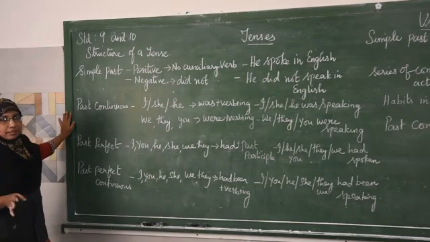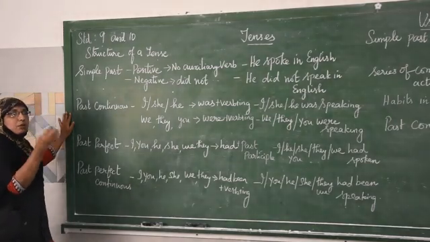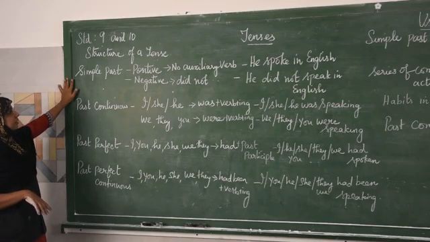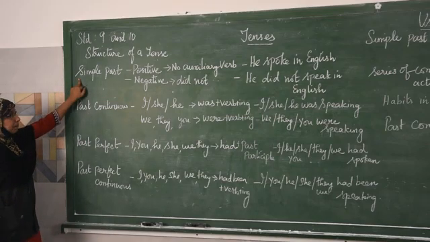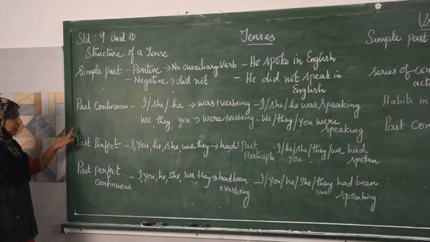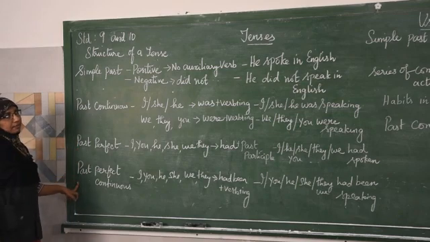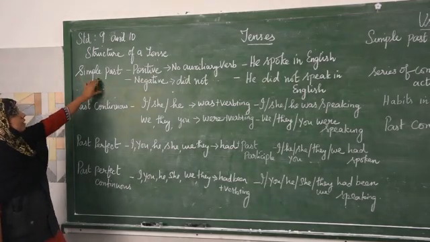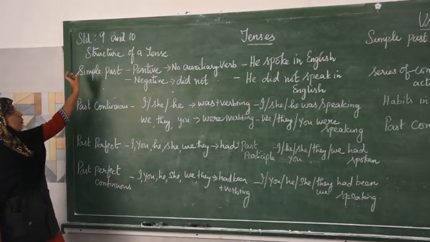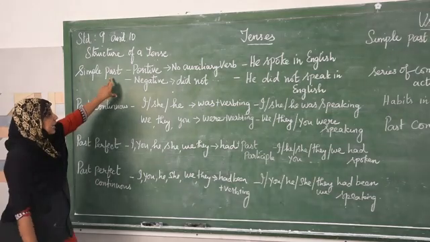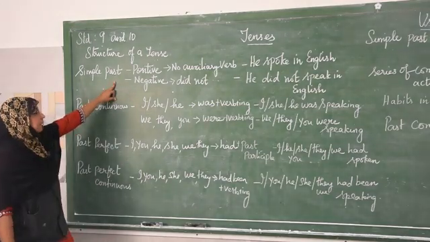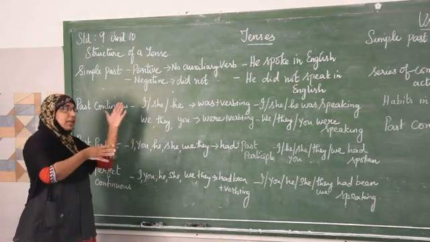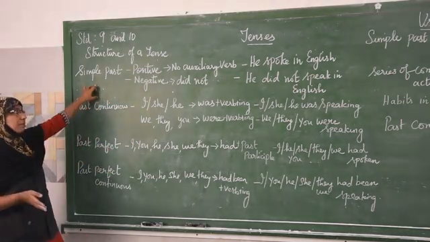What is the meaning of past tense? The action which tells about the past time is known as past tense. Clear? Now if you take past tense, there are 4 types. First is simple past, past continuous, past perfect, past perfect continuous. Simple past refers to an action which has been completed in the past with a specific point of time. Time will be mentioned. Sometimes if a series of actions are taking place in the past, the time will not be mentioned there.